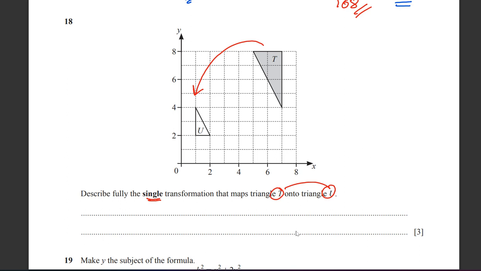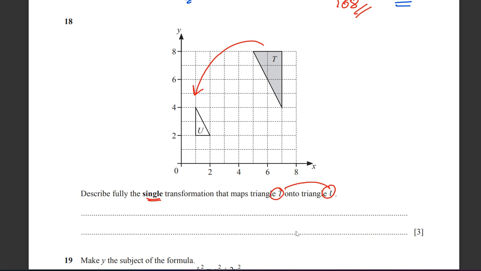Second, this is not rotation. Why? Because even a rotation should keep the same size. Only one transformation, enlargement, changes the size. So it is very clear here that it is